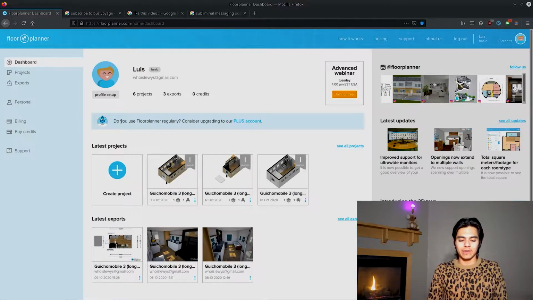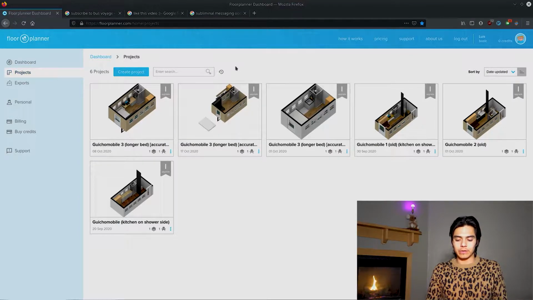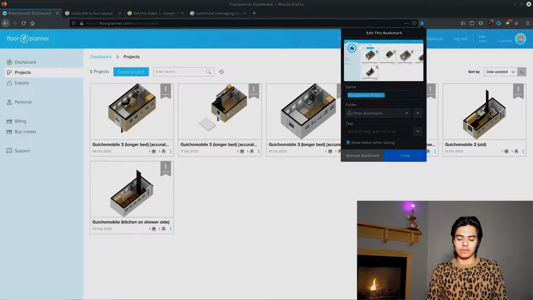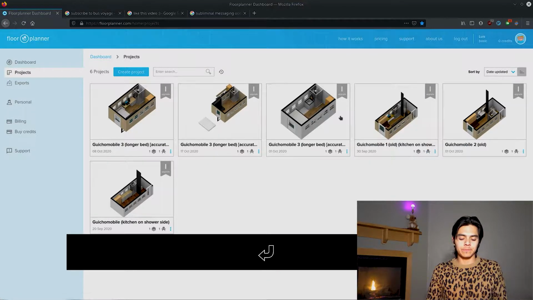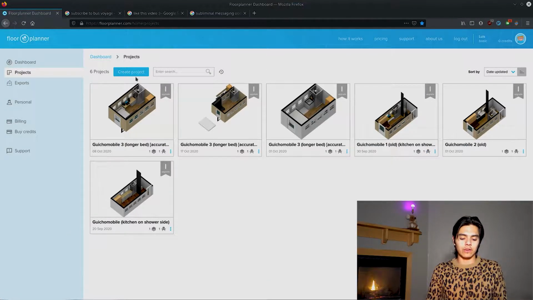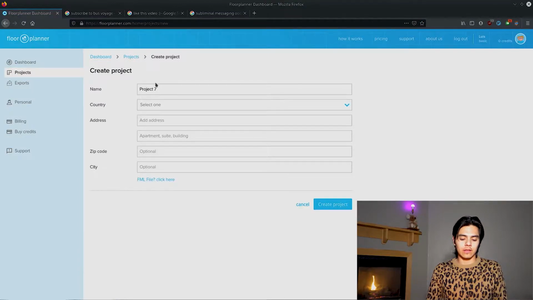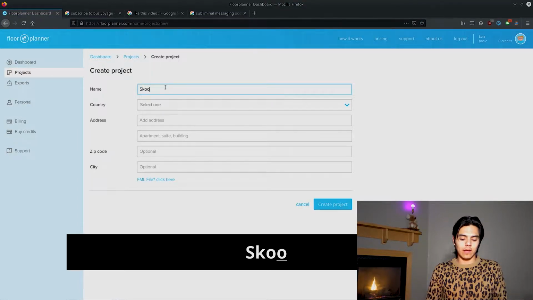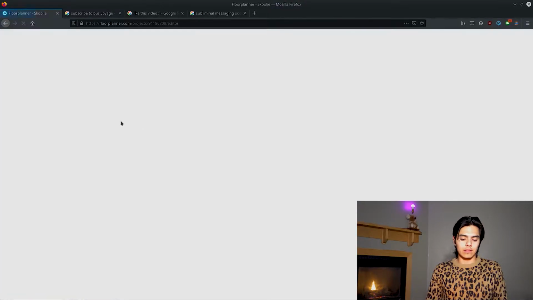All right, so we're logged in now and we're here on the dashboard. I'm gonna go ahead and click on projects because I like this view much better. I would go ahead and bookmark this. I just saved it as floor planner projects, so you can always come back to this page easily. I'm gonna go ahead and create a new project, and I'm gonna show you exactly how I did this, and it is so easy. So just gonna make that project,